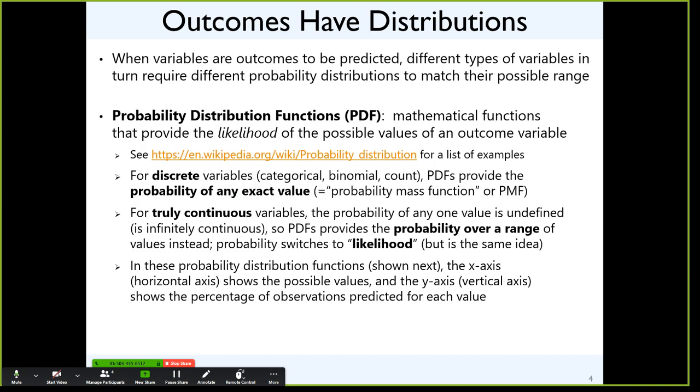So outcomes have distributions, and those distributions are how those three characteristics show up. The distribution that an outcome has relates to its possible values. So for instance, some variables can't go negative, some variables only have positive values, some variables can go from negative infinity to positive infinity and that kind of thing. So I want to show you just some pictures next. Probability distribution functions. These are shapes of quantitative variables that result from a formula. I do not want you to worry about the formulas. I just want to show you some shapes.